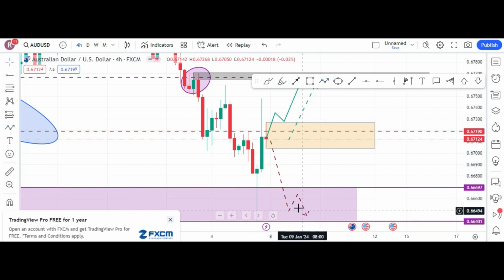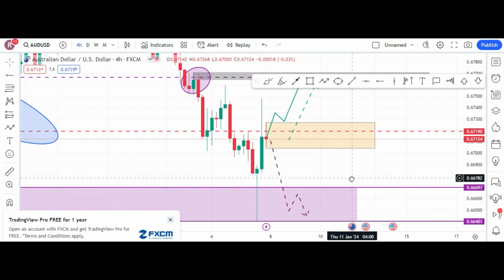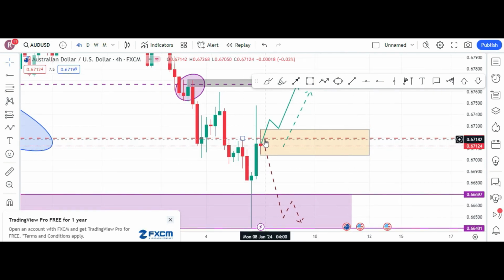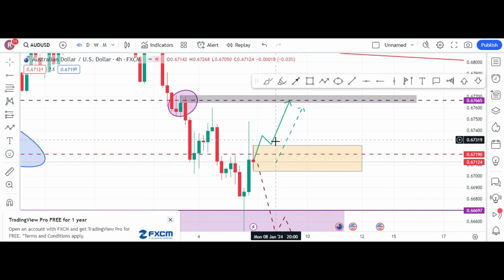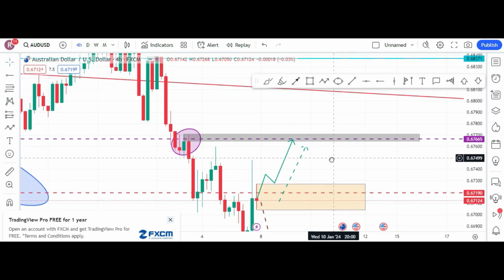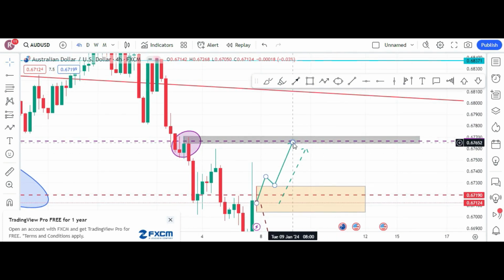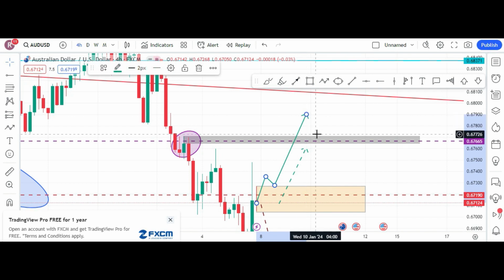Okay guys, so don't take this trade now. Only take a trade if a candlestick moves up to here, retests here, and fails to get inside the box with the body. Then you go for long, because after coming here, we have to close. If not, it goes something like this. Then we have to wait for a retest of this zone. Only then we should go long, because we have the